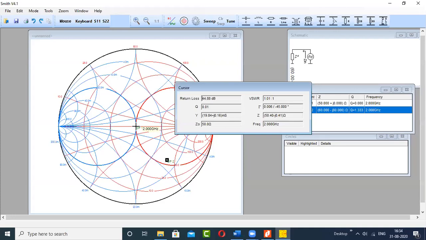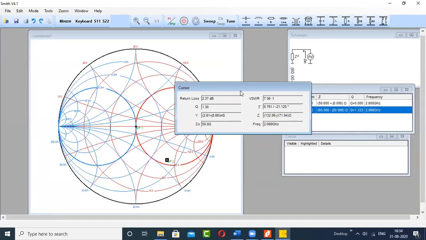But you're dealing with a load which is not equal to 50 ohm, so SWR will be larger than 1. If I place it here, you can see that the SWR is coming somewhere around 4, 3.99, so we'll consider it as 4. So with VSWR 4, you have to plot a VSWR circle whose value is 4.